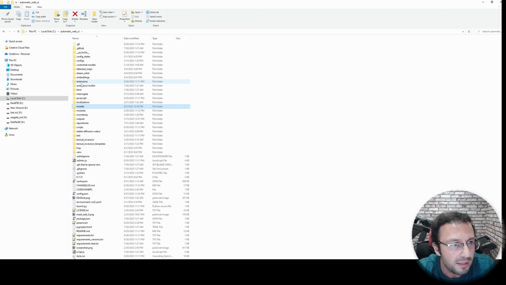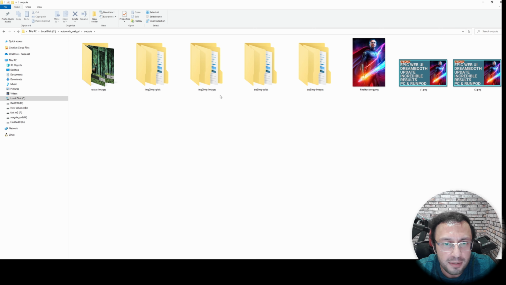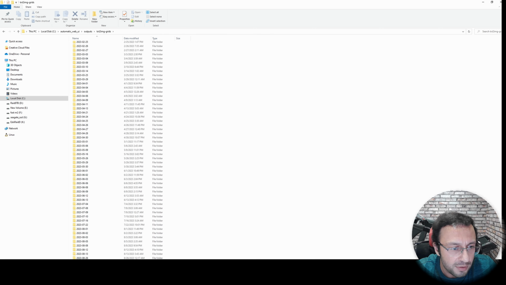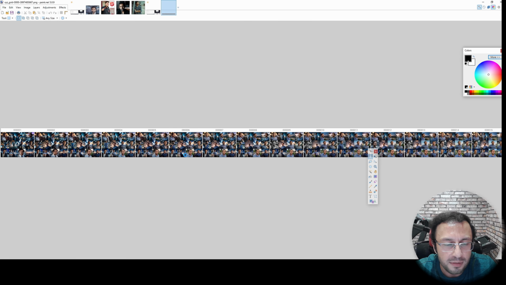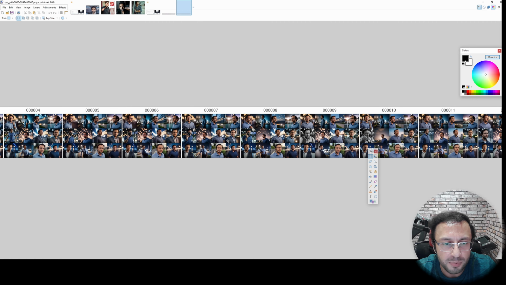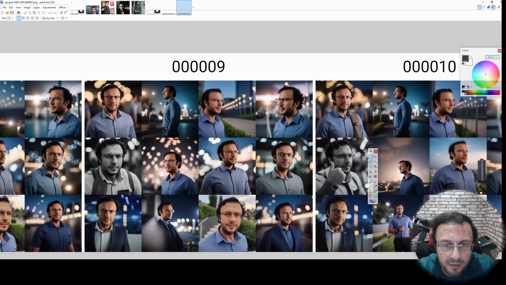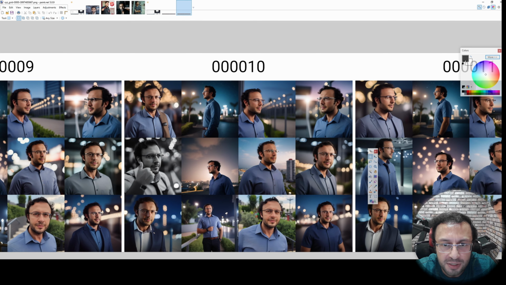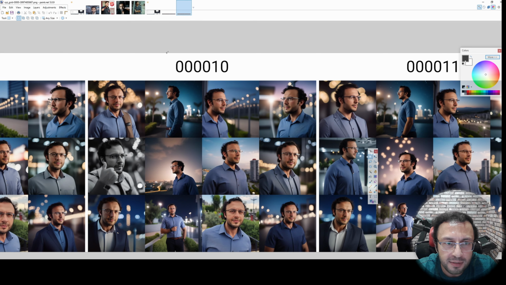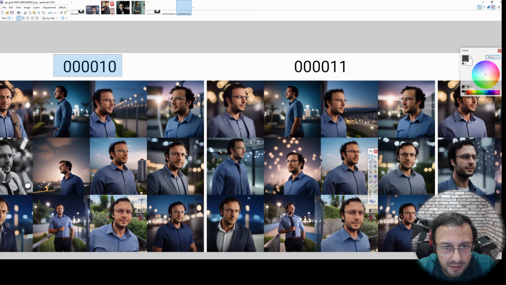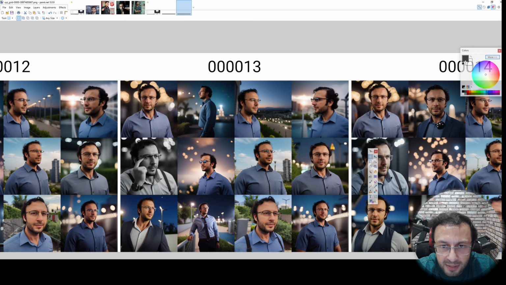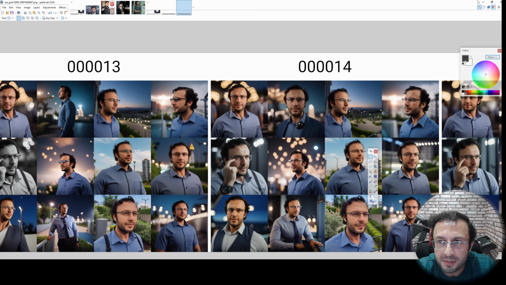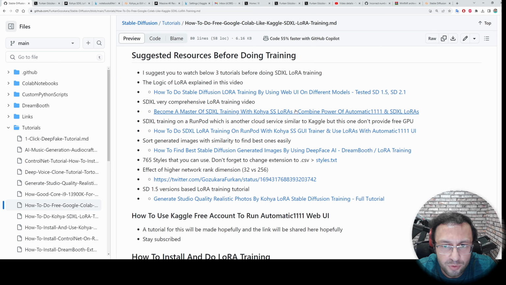It is inside the outputs folder, inside text to image grids. Let's go to yesterday and open the final grid file. And this is the final grid file. It's a pretty big file. I analyzed this file and looked at each checkpoint, and I decided that checkpoint 10 is the decent one, the sweet one. This may change differently according to everyone's case. You need to find your best checkpoint. As I said, watch this tutorial to learn how to do XYZ checkpoint comparison.